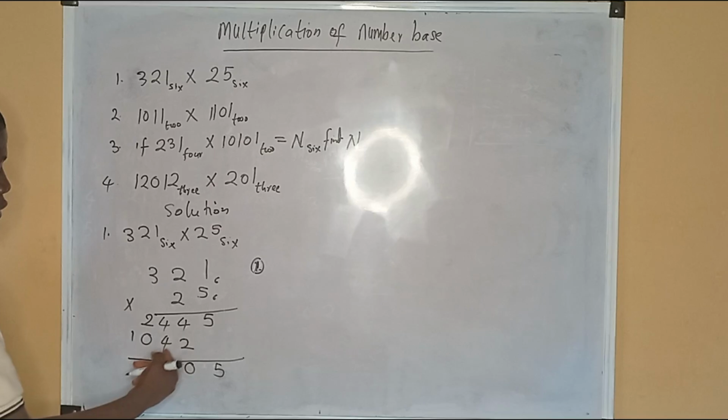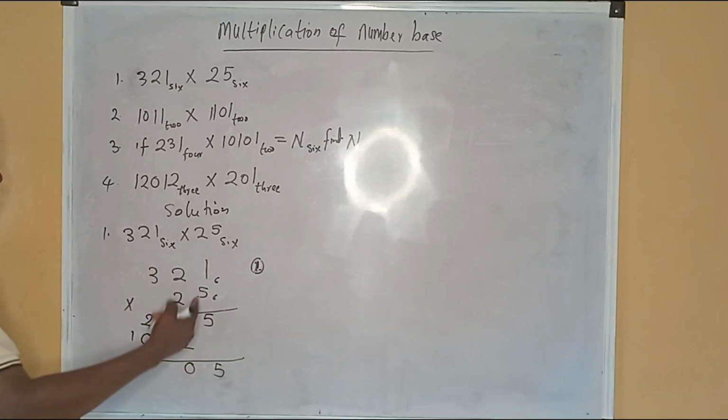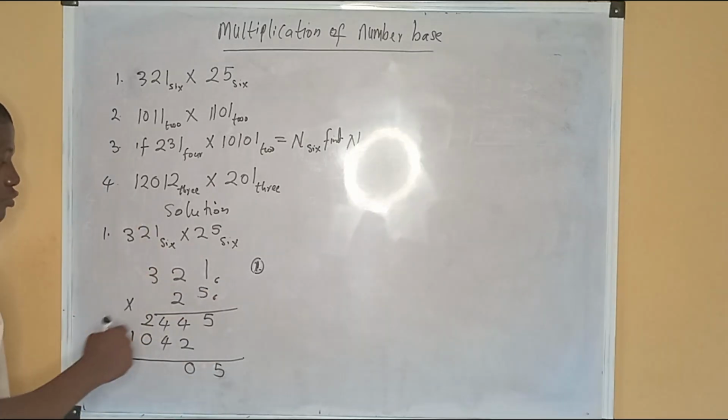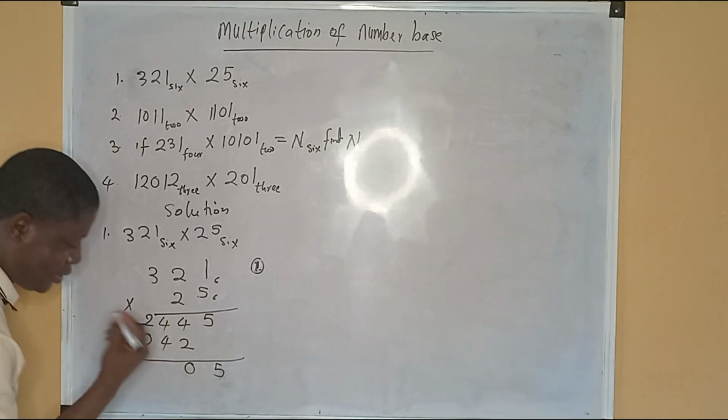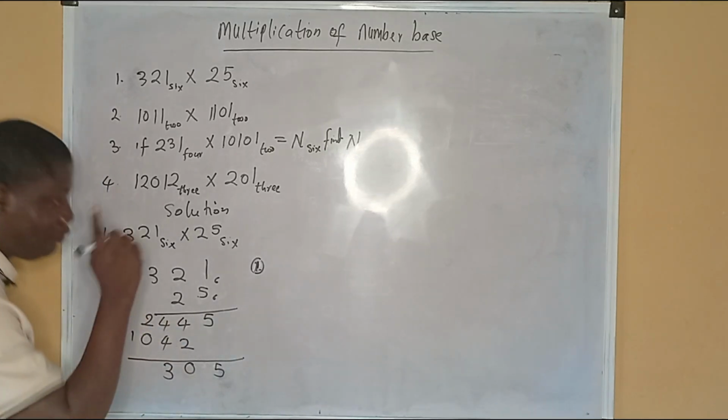Plus the one we have here, which is what? Which is 9. So 9 is more than 6, okay? You have to subtract 6 from it. So 9 minus 6 is what? Is 3, okay? So we're having 1,